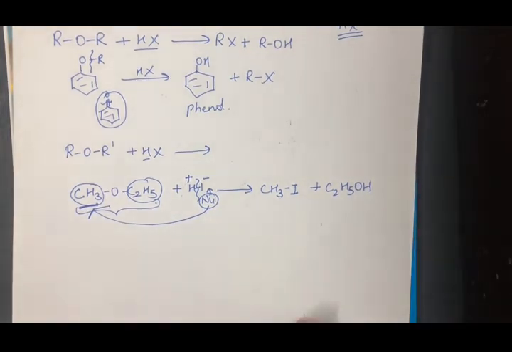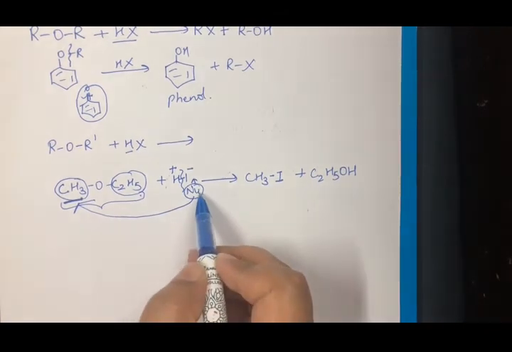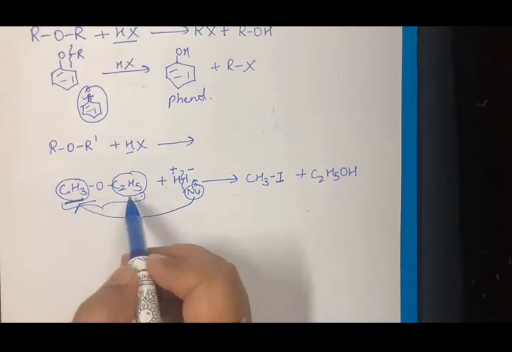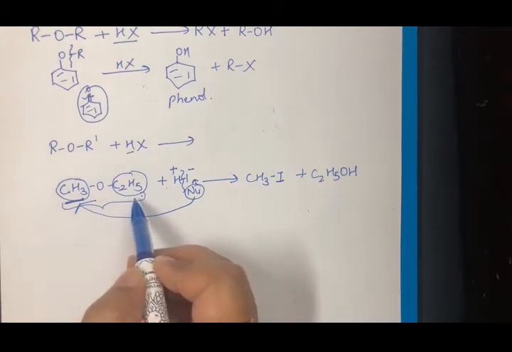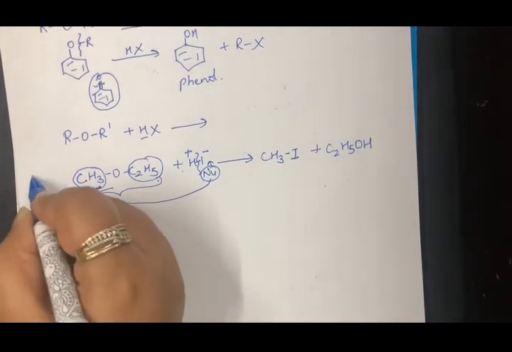Now why has it done like that? Just to reduce the steric hindrance. It was very easy for this iodide ion to go and attack a carbon which was easy to approach. Here, since there were more carbon atoms, there was a little more steric hindrance. Now this was one case.